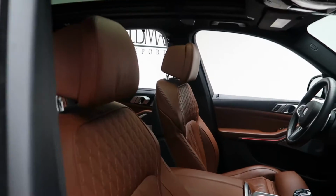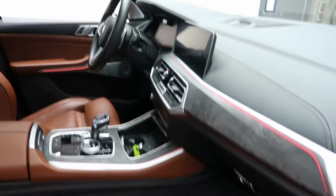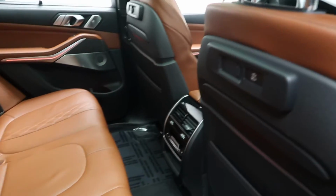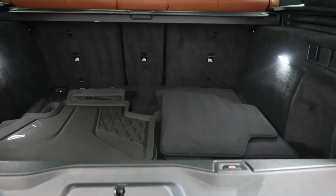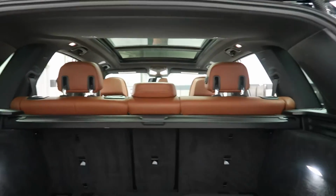A Tartufo merino leather interior, panorama roof, rear heated seats, rear climate controls, rear charging, X5 M50i badging, trailer hitch, power liftgate, a clean set of all-season and regular floor mats, cargo cover, fold-down rear seats,